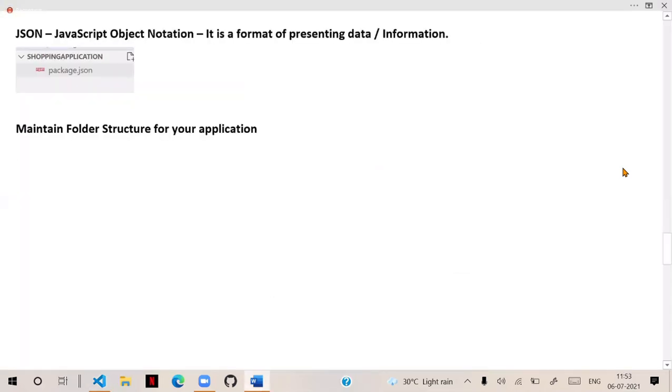Add the following folders into the project. What are the folders? One is public, another one is SRC. What is the purpose? I will tell you. Remember, here I added two folders. The main intention is the public